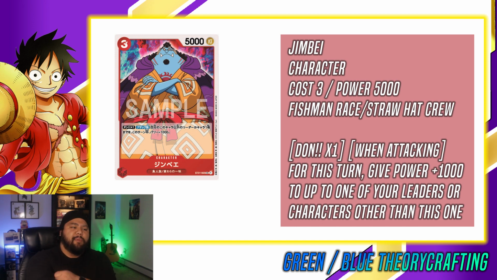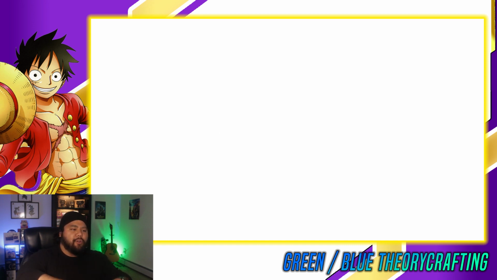And so this leads me to believe that the Straw Hats faction identity is going to be power gain, right? Whether it's through their own effects like Jimbe, or through just simply attaching Don onto your characters and your leader. Alright, so those are the colors that we've sort of seen, and there's obviously some more examples if you've been following, but I'm not going to get too into it because I do want to get into sort of the